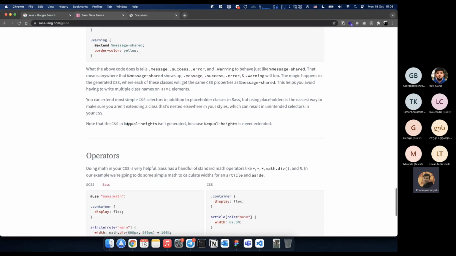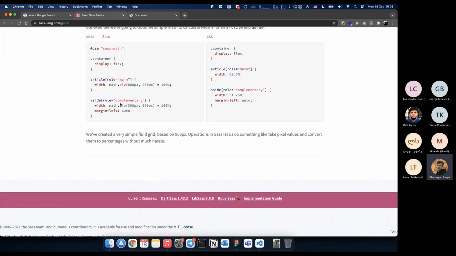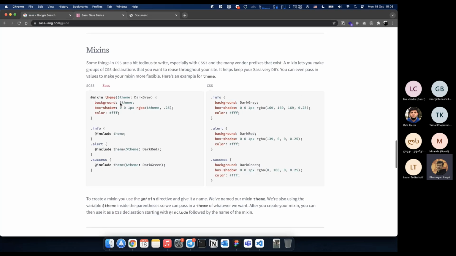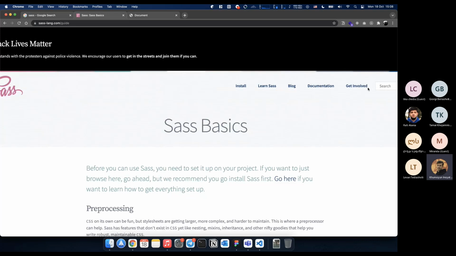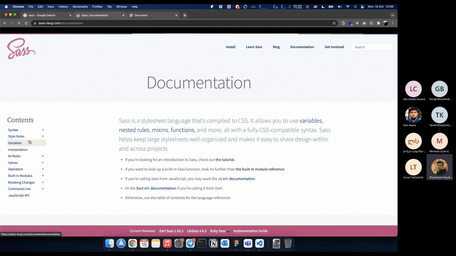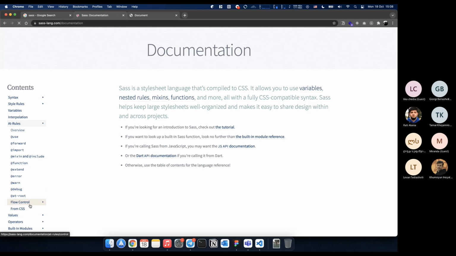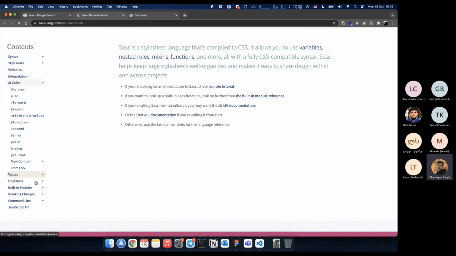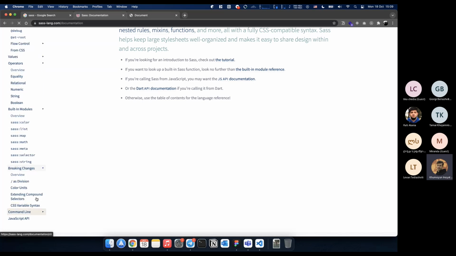We will move to the next part. We will not use the operators, I think. So it was the main thing on SASS. And we can go to the documentation here, after the Learn SASS. Variables, we have used the variables, add through function, error, warn. We do not need that now. And operators, built-in modules. And also we will look into the